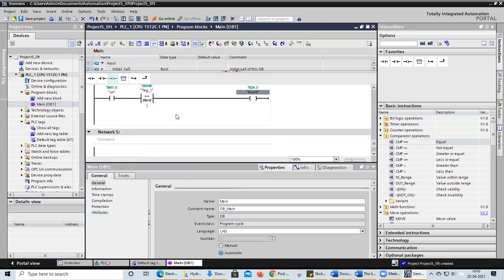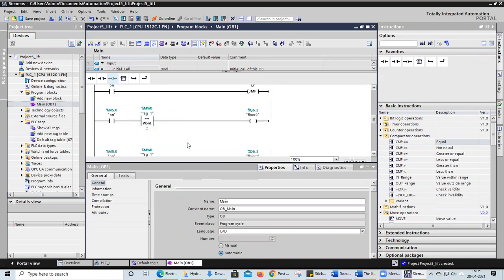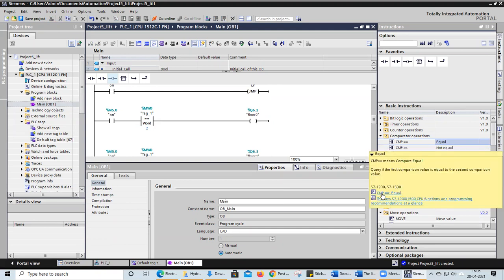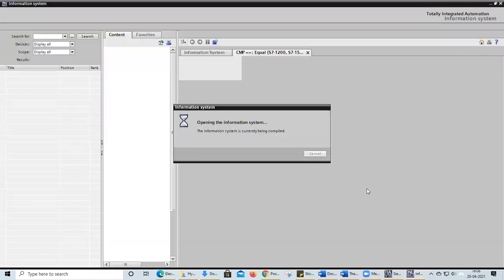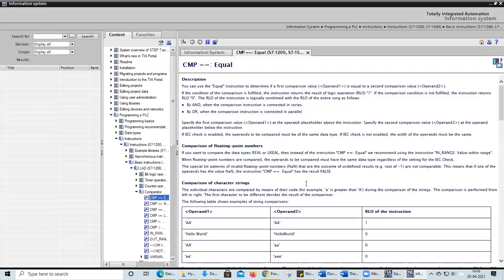You can see it with the help of jump instructions and comparator instructions. If you don't know what to write here, you can click on this comparator, you can see basic instructions. I'm clicking on this comparator. Click F1 so that it will take you to the help menu. Here you can see one arrow mark with 45-degree inclination. You click on this arrow mark, it will directly drive to the help page. In this help page, you can see how to use this operator.